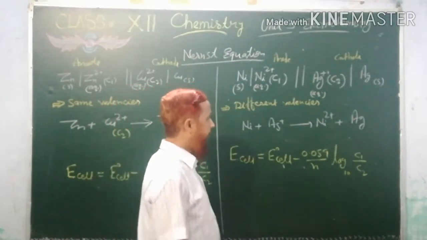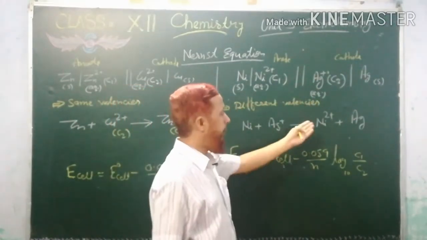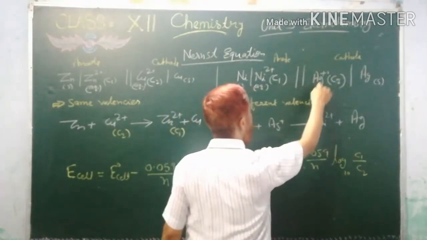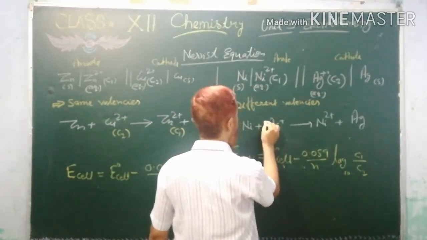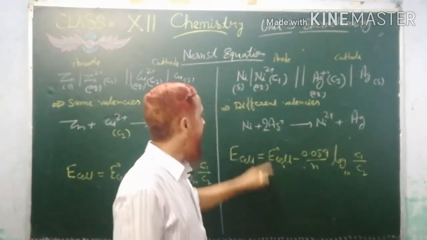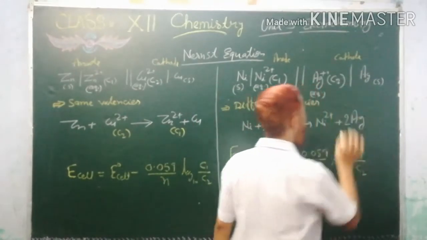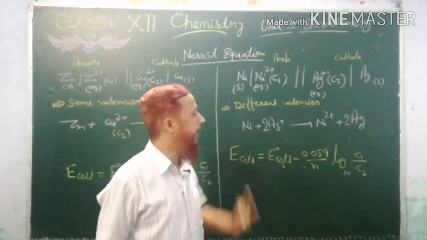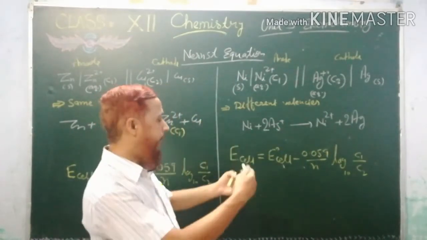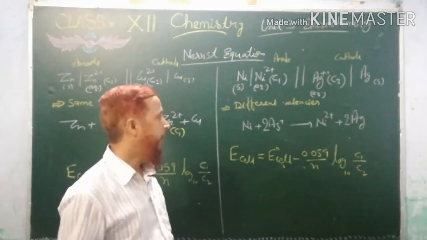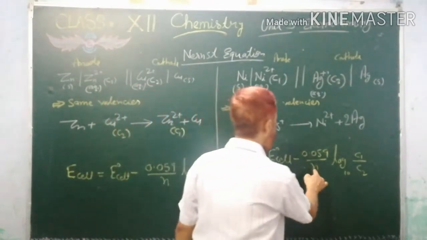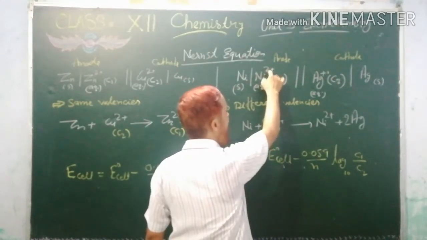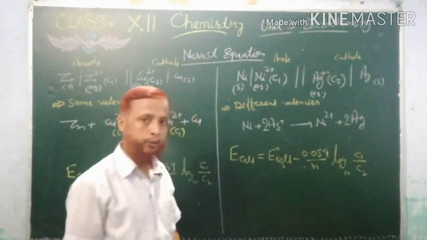Now what we have to do, because this equation is not balanced, because charges are not balanced. So very simple. If this is 2 plus and this is only plus, it means this will multiply with 2. So directly we can write 2 Ag plus, and here it will also be 2 Ag. Understood? Now see, everything is balanced here. So no need to write the half reactions and add them again. And once again the value of n will be 2, because we are writing 2 plus, considering 2 electrons here in the balancing also.